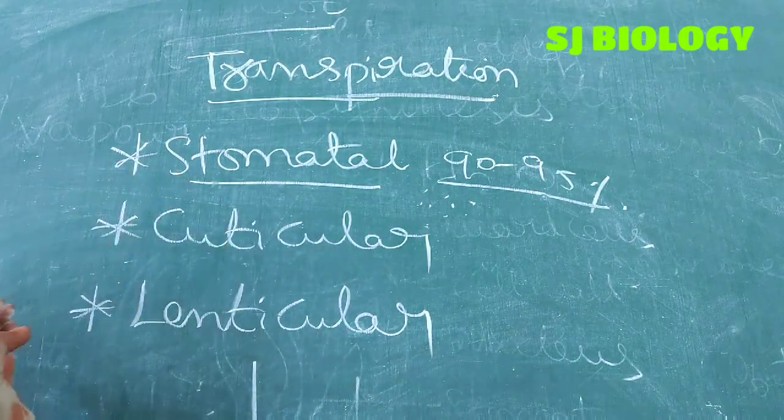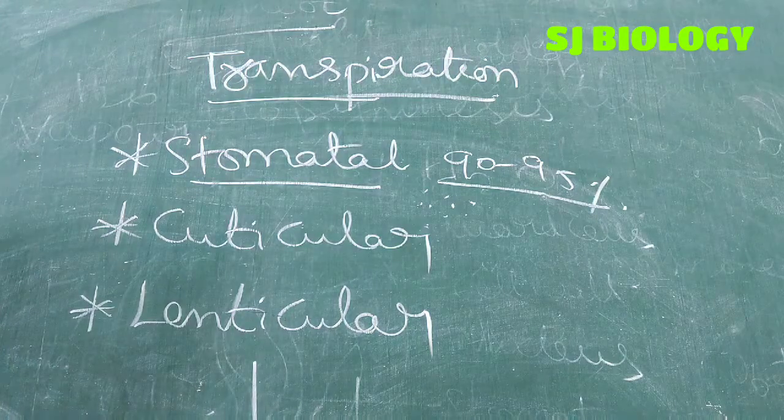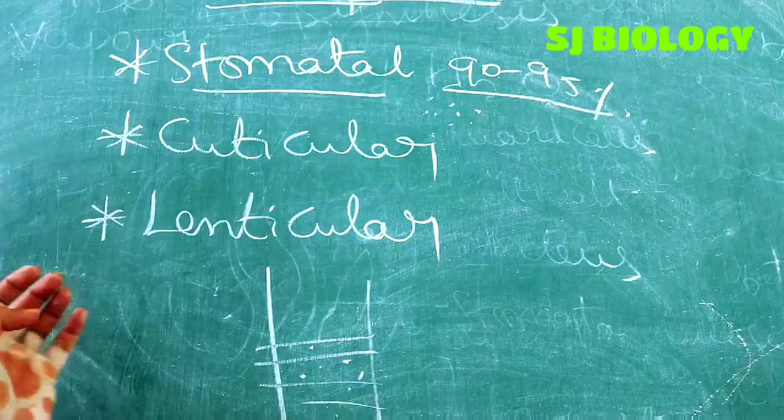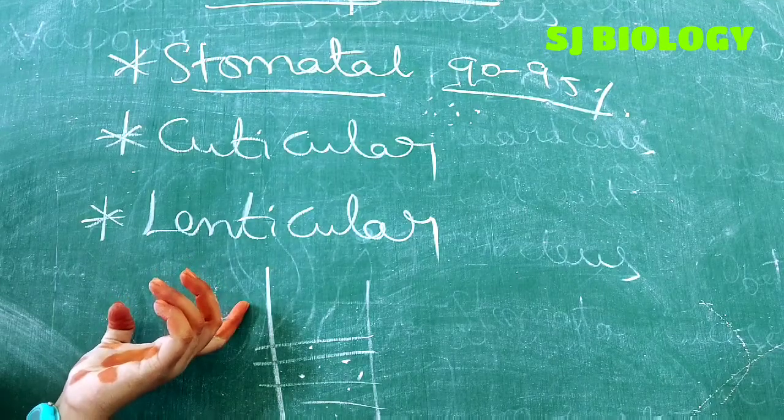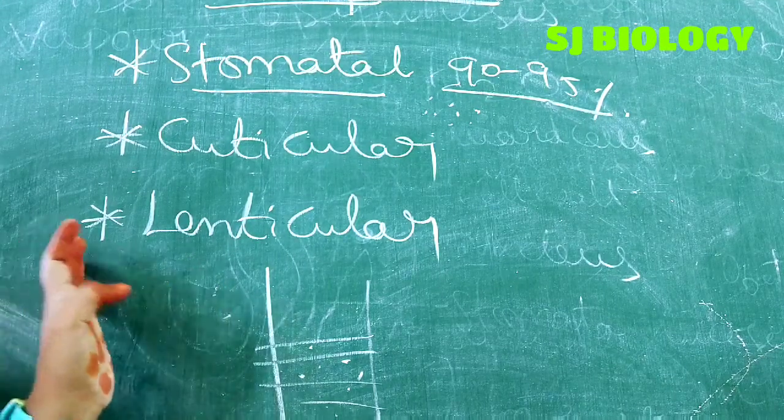And then why is transpiration necessary? It creates a pull in the leaf and stem, and it creates an absorption force in roots, and it is necessary for the continuous supply of minerals. And it regulates the temperature of the plants. So transpiration is necessary for these reasons.